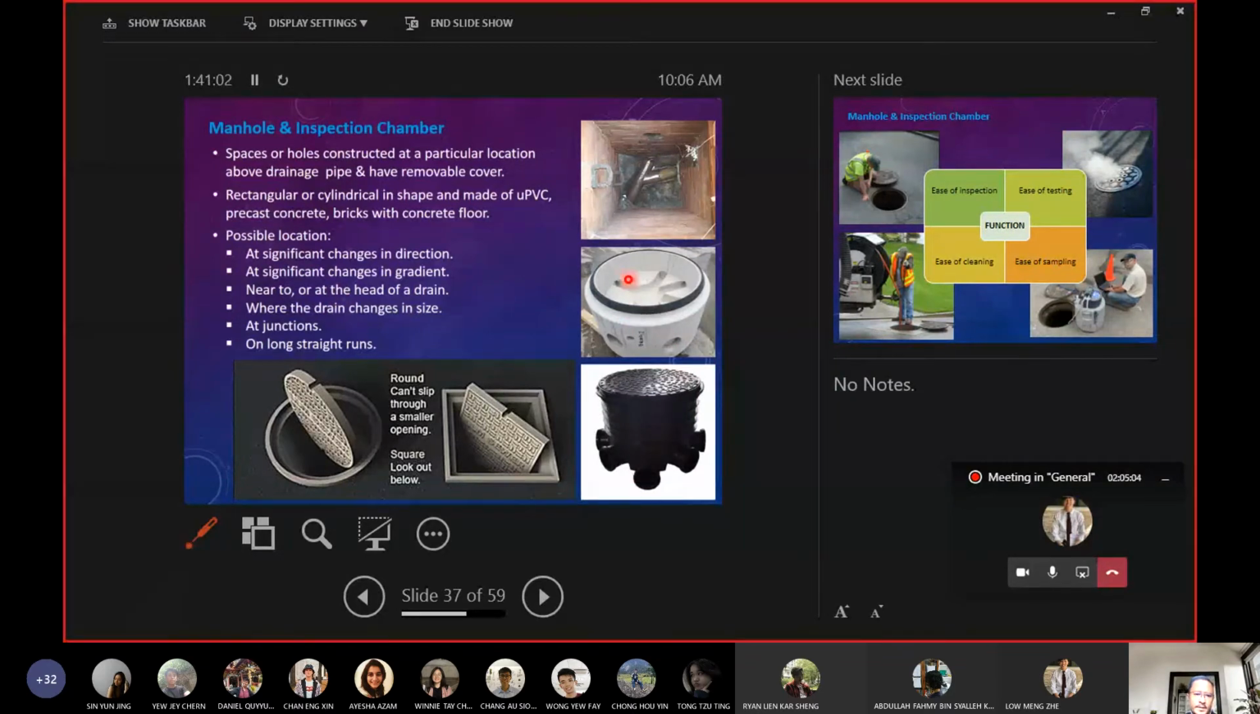Where do you put this manhole or inspection chamber? Basically, the possible locations are at significant changes in direction. For example, maybe at first the pipe bends to the left or to the right. So before it bends, you need to put that inspection chamber or manhole, before the change of direction. Also at significant changes in gradient, especially if you live on top of a hill. So the water pipe flows from your house to the first point, and then from the second point there is a significant change in the gradient. Then you need to put another